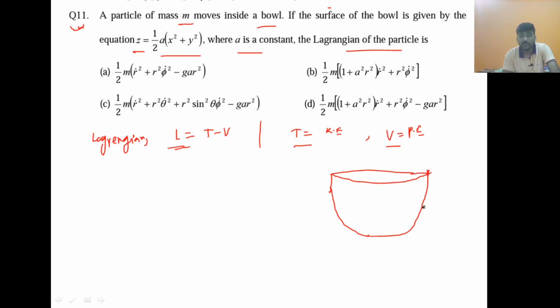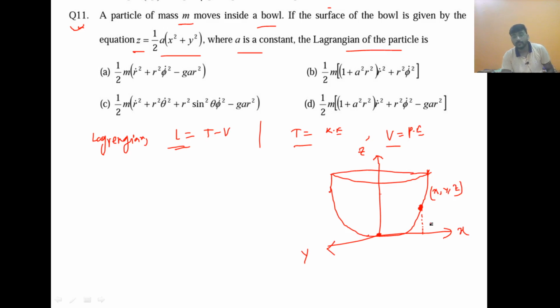Something like this, and the mass of the particle will move through this surface, and let me take it at any time, the mass will be at this point. So let me take this as origin. Here the potential will be 0 because this is the 0 height, you can say this is the reference line for determination of potential. So I can take this as z axis, this is y axis, this is x axis, this is z. So the distance here is z.